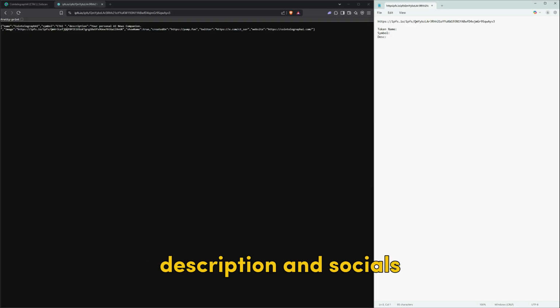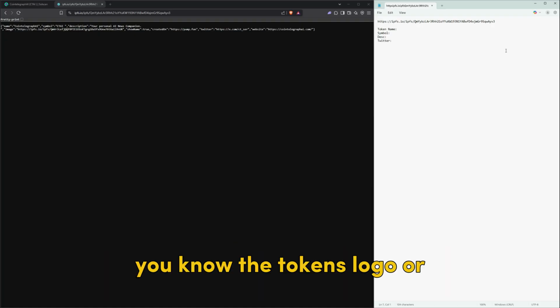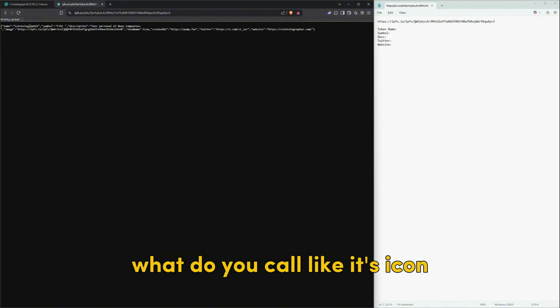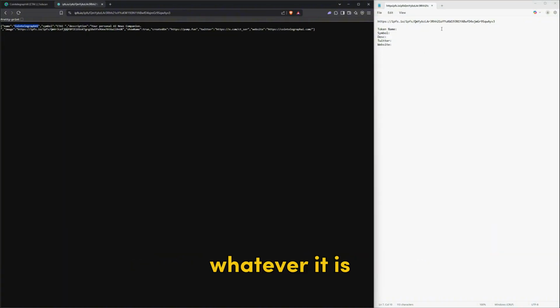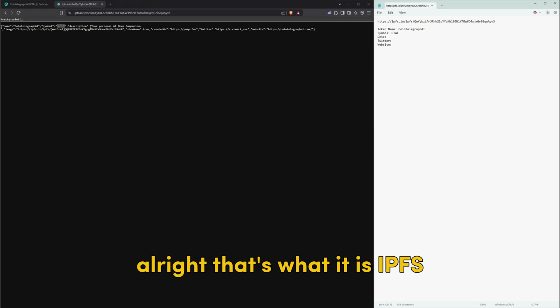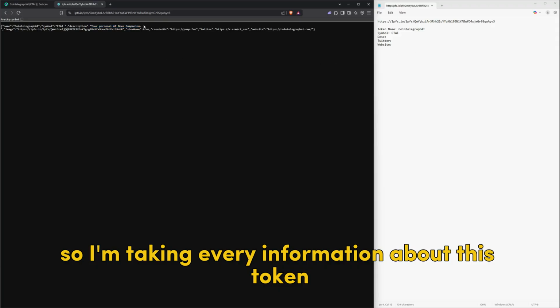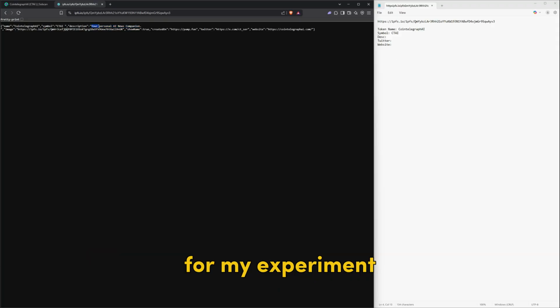It also gives me the description and socials, and most importantly, the link of the token's logo, or its icon, whatever it is. So basically it's just metadata wrapped in a link. All right, that's what it is, IPFS. So I'm taking every piece of information about this token for my experiment,